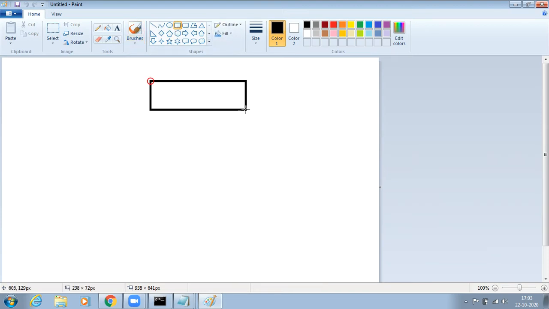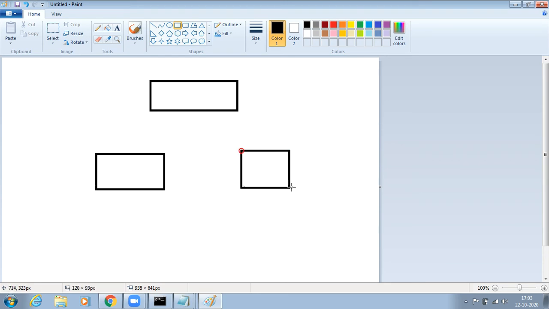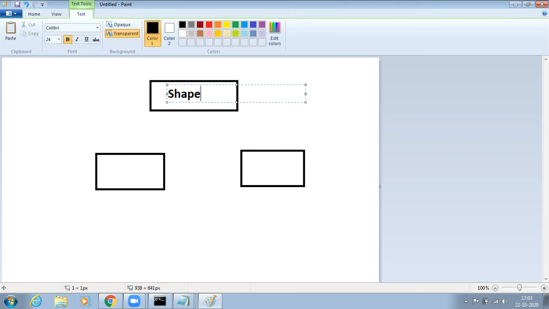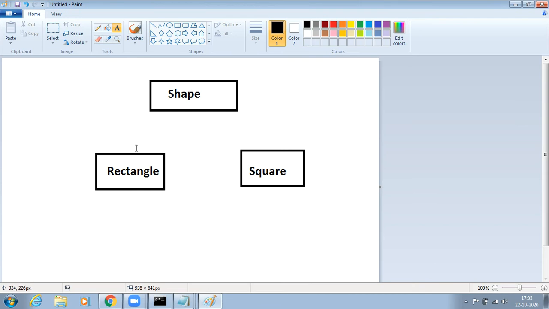See, this is the parent class and we have two child classes. I can connect these two child classes like this. This is a parent class like shape, and this is one child class like rectangle, and this is another child class called square. Now this is the parent class, these two are the child classes. So I can connect this like this.